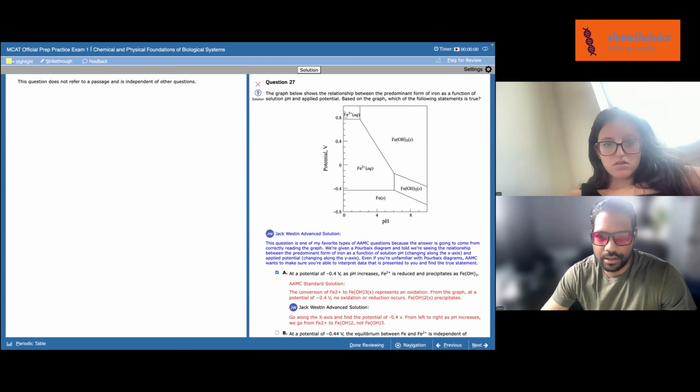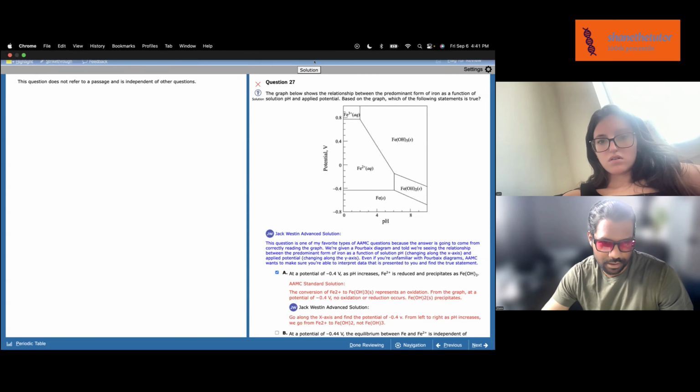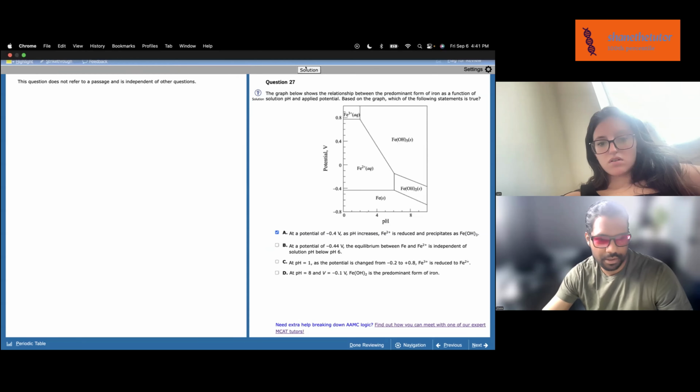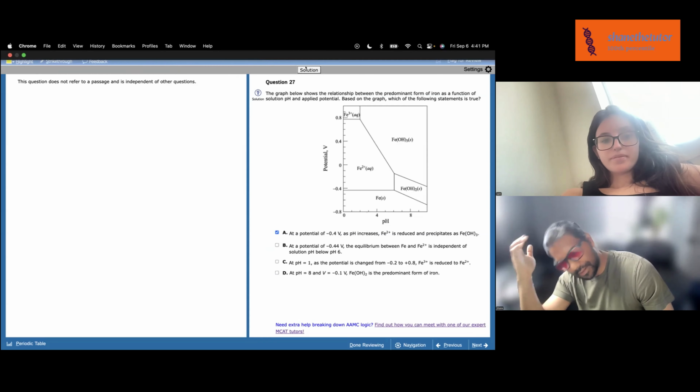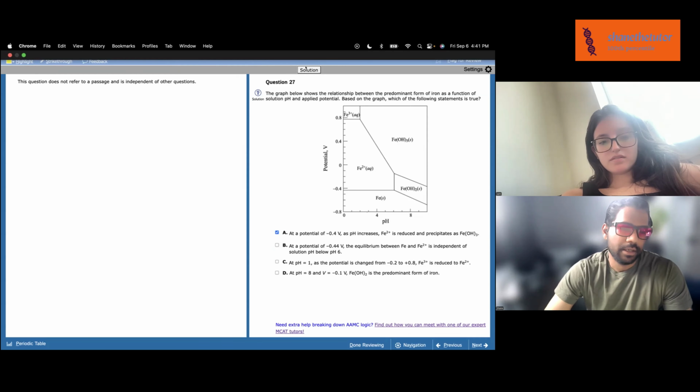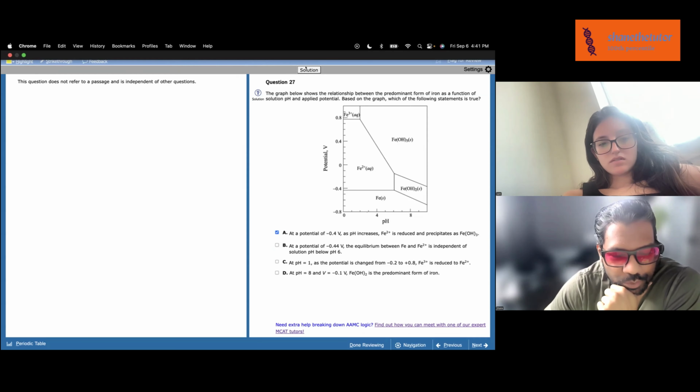Let's take a look at the choices here. At a potential of negative 0.4 volts, as pH increases going this way,